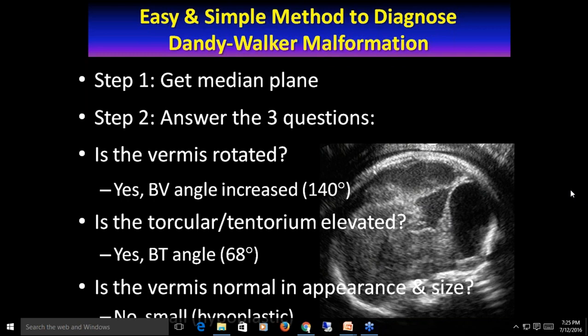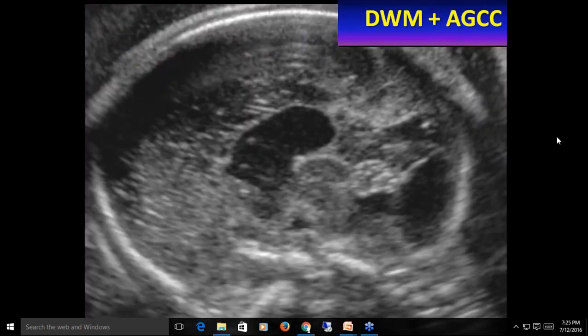And really there's no need in this particular case to measure. But of course, if you're not sure, it is always good to go ahead and measure. So this is another example of a fetus with Dandy-Walker malformation and agenesis of the corpus callosum. Here we can see the small vermis, the fourth ventricle communicating with the large cisterna magna, and the elevated tentorium